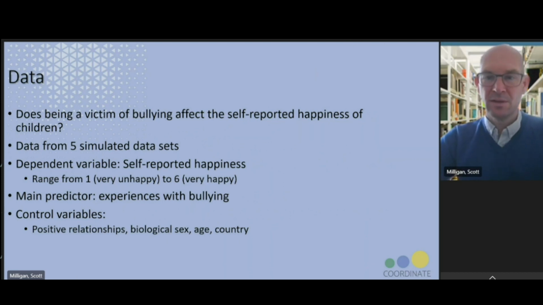So I'd like to now discuss a bit about the data that we will use here. The focus of the research question again is on how being a victim of bullying affects the self-reported happiness of children. As I said above, the data are from 5 simulated data sets, but using the actual wording of real survey response items. The dependent variable that we will be looking at is the self-reported happiness of children. And in these data sets, it ranges from 1 being very unhappy to 6 being very happy,